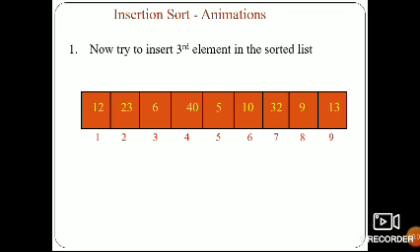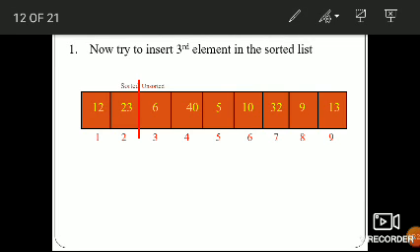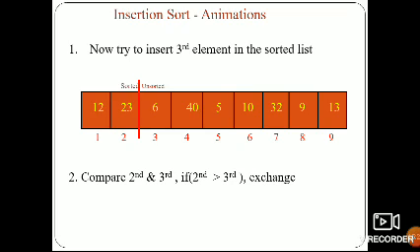Try to insert the third element in the sorted list. 12, 23, 6, where do we have to keep it? Sorted, unsorted. Compare 2 and 3. If the second is greater than the third, then exchange.